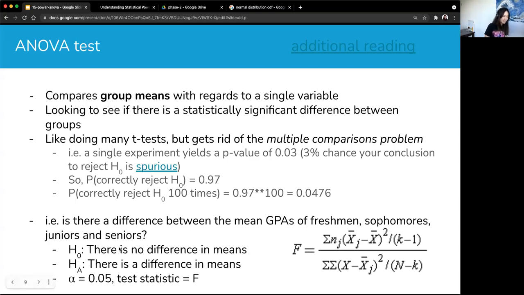The null hypothesis and alternate hypotheses are as follows. Null hypothesis, there is no difference in the means. Alternate hypothesis, there is a difference in the means. Alpha is 0.05, test statistic is F. I'm going to actually show you the code for this one because this is pretty hard to compute manually. I'll show you the code for this one in a little bit, but I want to circle back to the